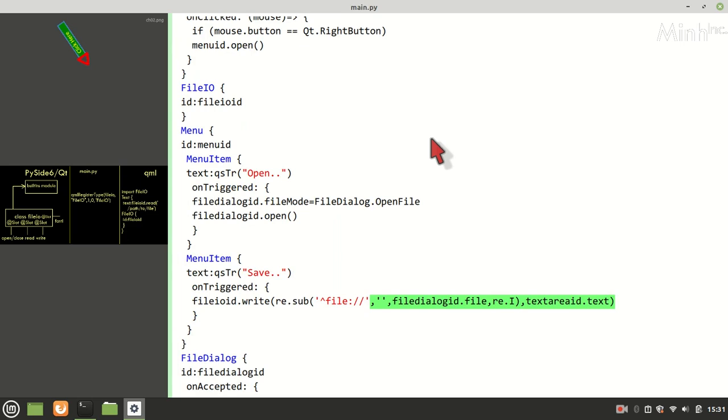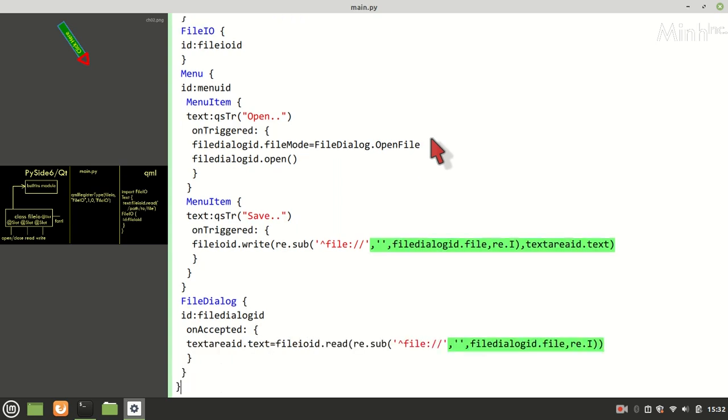One menu item, if it is triggered, opens the file dialog, another would save it. It would substitute file with nothing, file dialog file, expression, text area text. Okay, menu over.